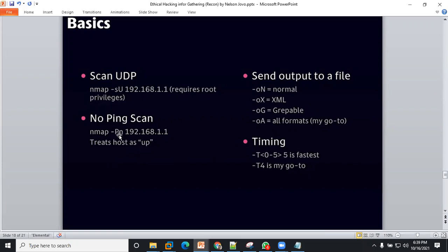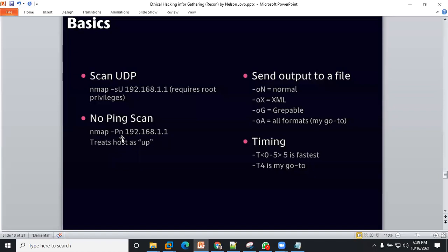Now, what if your victim blocks pinging? You guys know how Nmap works. The way Nmap works is that it will first ping the asset to see if it is active, then it will start scanning and doing OS fingerprinting, trying to detect the type of operating system and the ports running on it. But if the victim blocks pinging, Nmap will not bring out anything. Nmap will just assume that the victim is down. But if you say don't ping, just go on and carry out your full scanning of ports, services that are running, and default script scanning, then it is a very useful command.